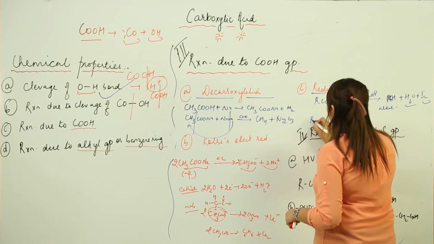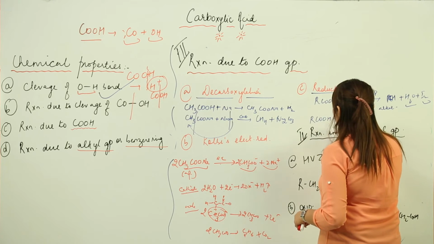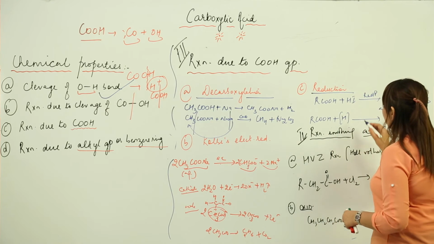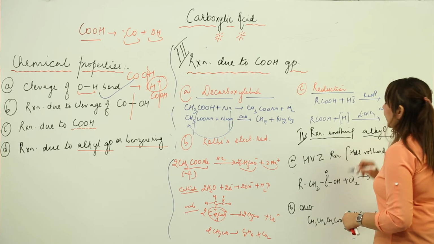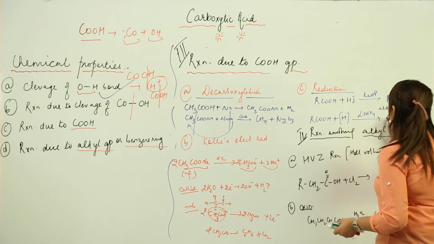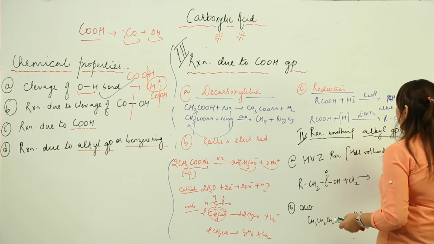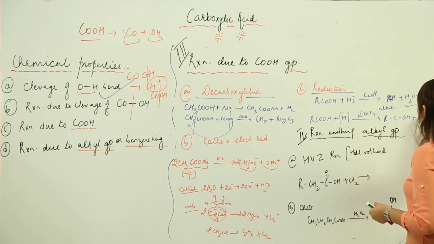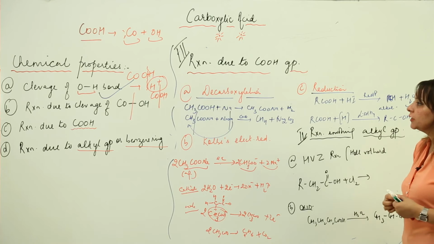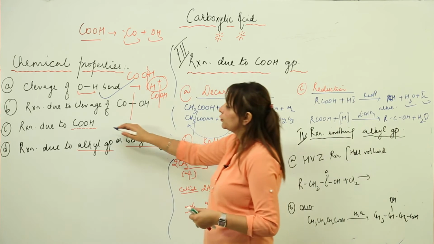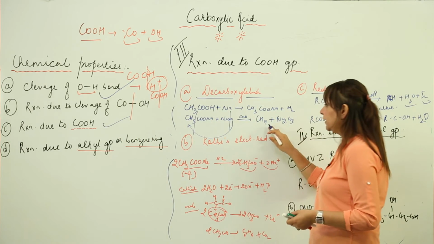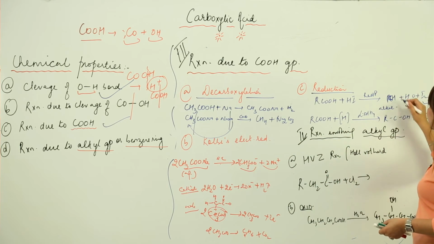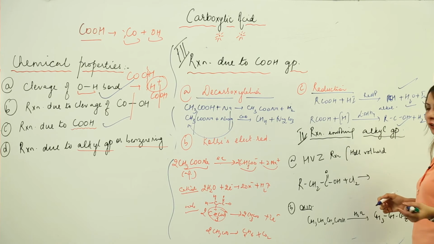Likewise, we can reduce it to alcohol as well. Suppose I have a carboxylic acid, I add nascent hydrogen to it, in presence of a reducing agent, say lithium aluminium hydride. So what do we get? We get alcohol, and along with that we get H2O, sorry. So this is the reduction. This is how you can show the reactions due to carboxylic acid, where it forms the alkane, and here it gets reduced to alkane as well as alcohol.